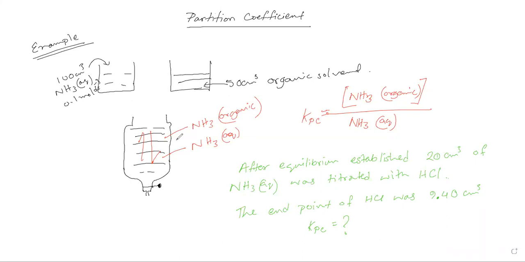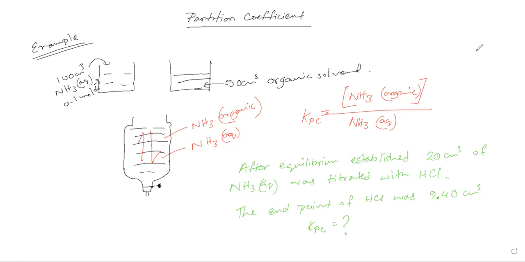They are mixed with each other and set for some time so that an equilibrium establishes, so that the amount which is going to be dissolved in the organic part and the amount which will be dissolved in the aqueous part reach equilibrium. Some time has been given. Now after the equilibrium has been established, a sample from here, or this whole system, is taken